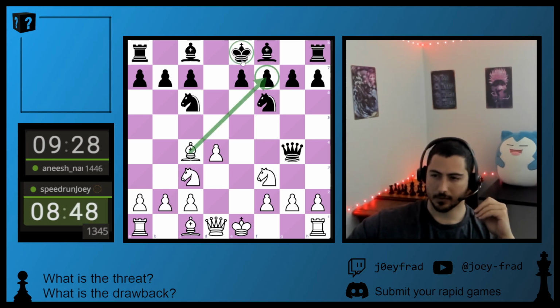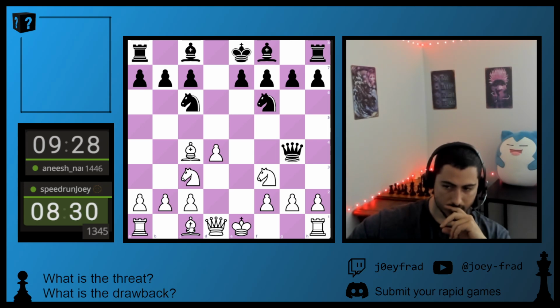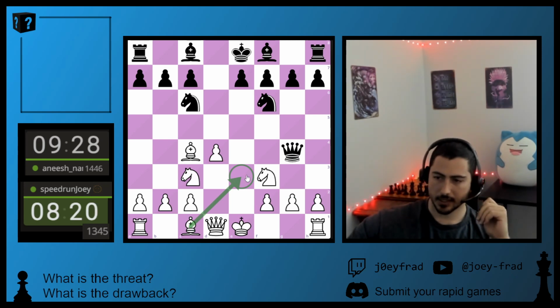I wish there was some type of tactic that works here, but the knight's defending the queen, the bishop's defending the queen. I don't see how that's supposed to work. Therefore, I almost want to let him take this and just castle long. That's kind of instructive. So, like bishop development,